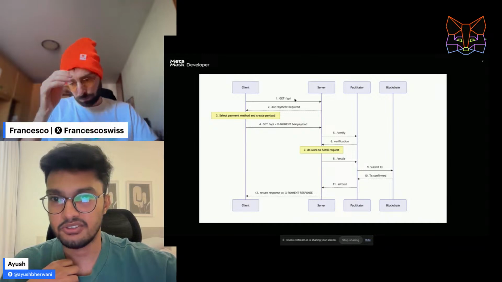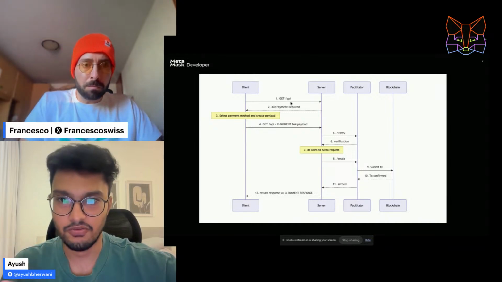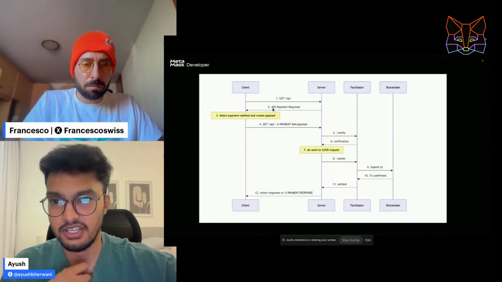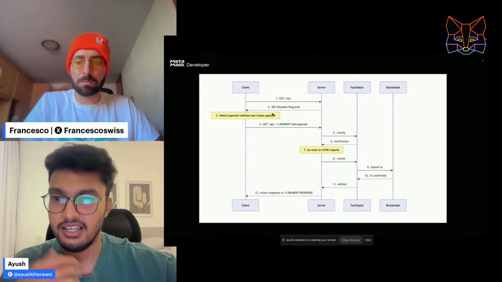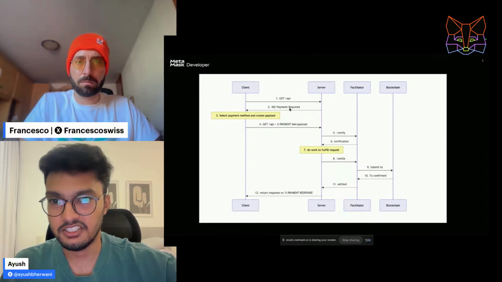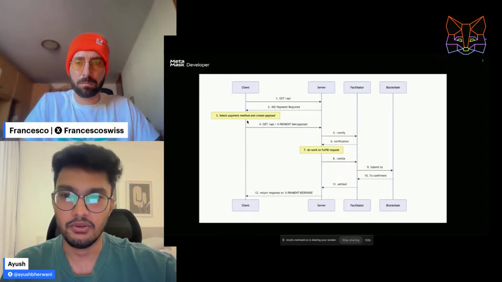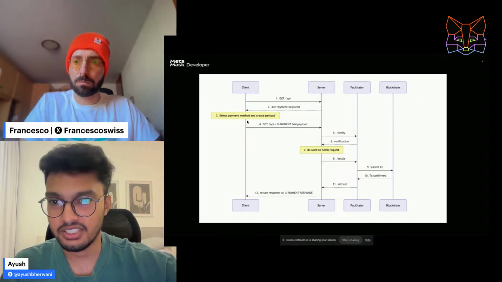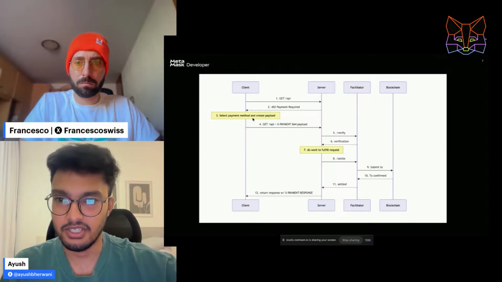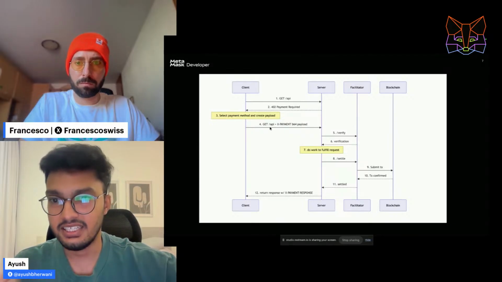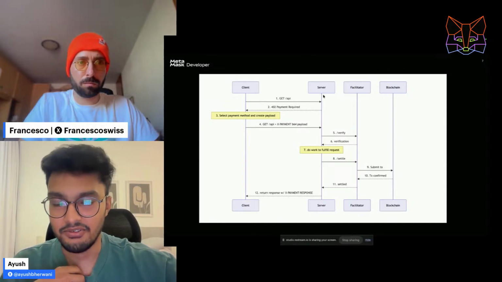Since the payload is not applied in the GET API as of now, the server will send you the 402 payment required error. The client will use this payment requirement to create a payment payload. So let's say if it is requesting 0.01 USD, it will create a payload for that, and send it with the GET API to the server.